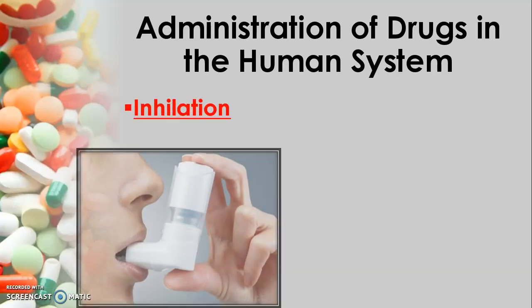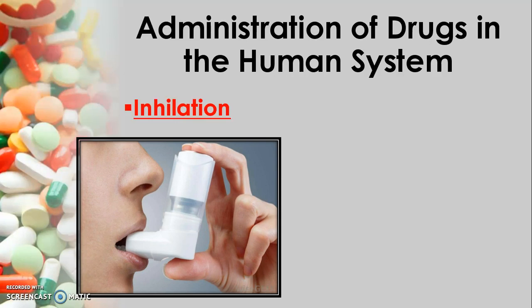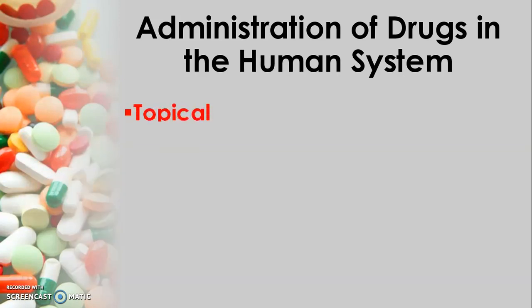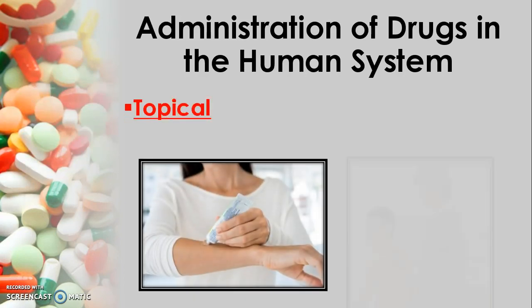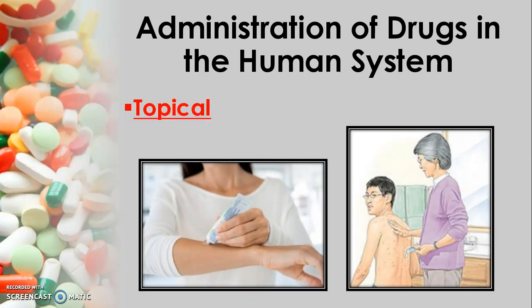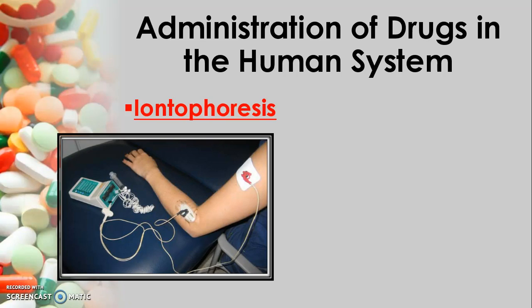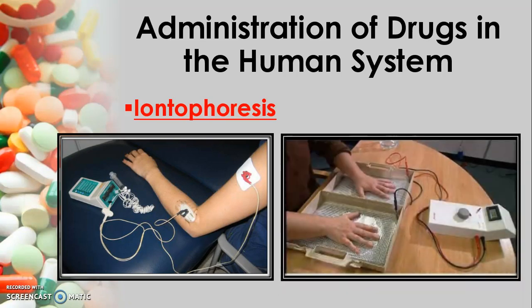Inhalation. This route makes use of gaseous and volatile drugs which are inhaled and absorbed rapidly through the mucus of the respiratory tract. Topical. This refers to the application of drugs directly to a body site, such as the skin and the mucous membrane. And lastly, iontophoresis, the introduction of drugs into the deeper layers of the skin by the use of a special type of electric current